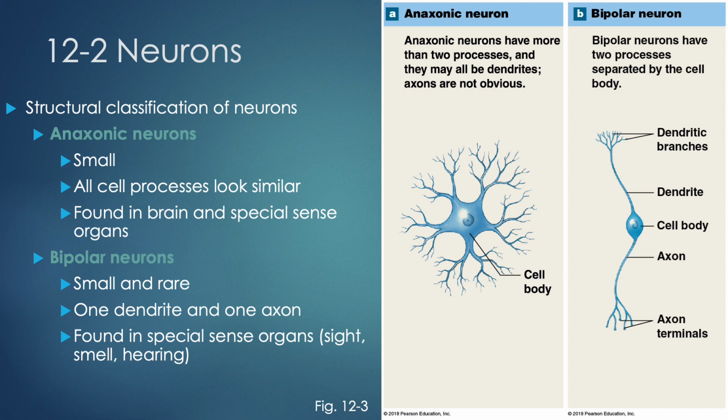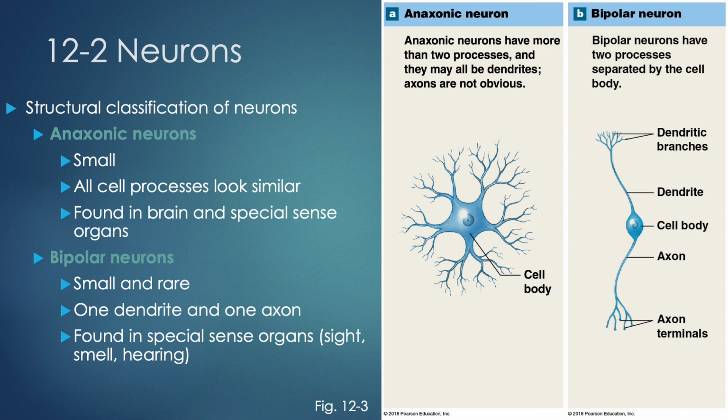First, we'll look at anaxonic neurons. That's A in the image to the right. Anaxonic neurons are really small, and you'll see that all of those cell processes sticking out of them look similar. There's a whole bunch of what looks like little dendrites, but you don't see any specific long axon. Hence, they're anaxonic. They don't have an axon. So that's an easy way to remember these,